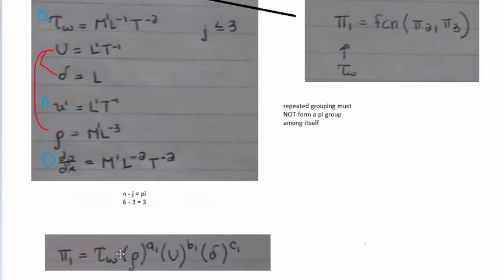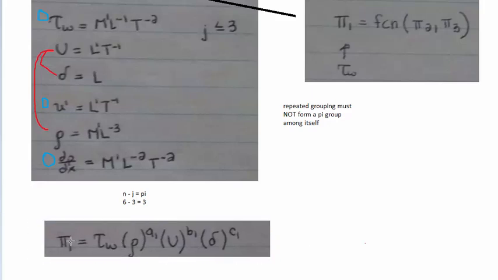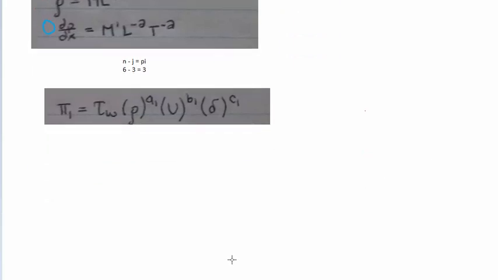So when you're trying to get a pi group for your shear stress, you're going to do the same thing we were doing last time. You're going to say pi sub 1 equals the variable that you're interested in, and then your repeated grouping raised to these exponents. And then once again, you're going to set up a system of equations by first substituting